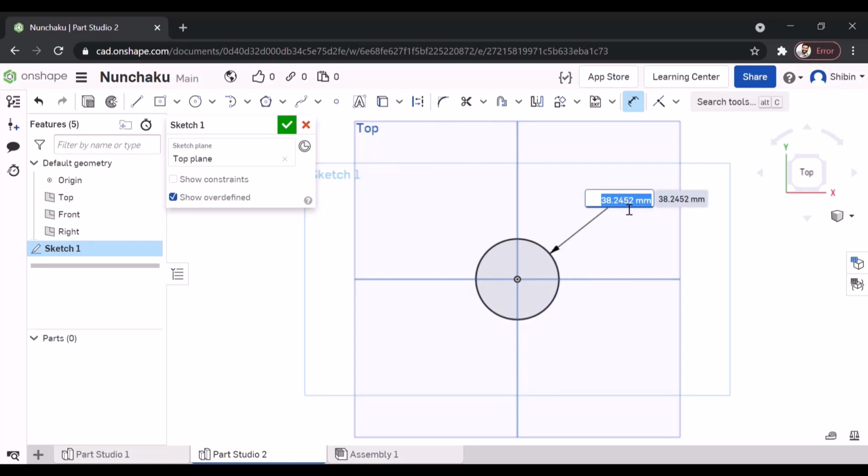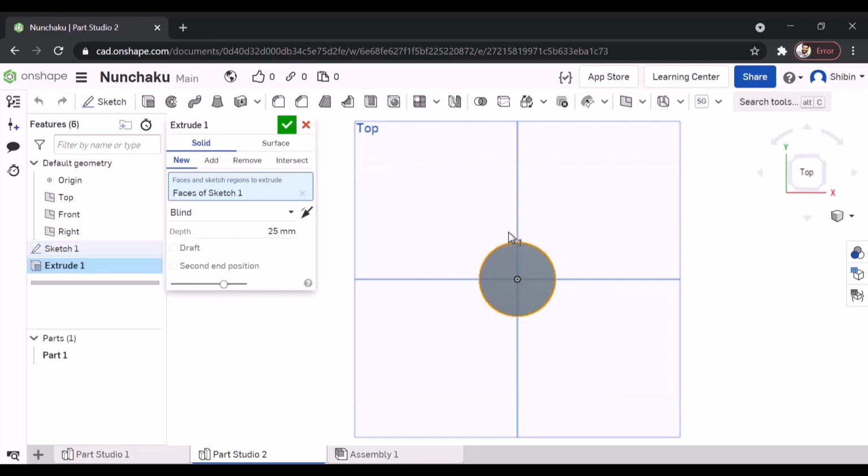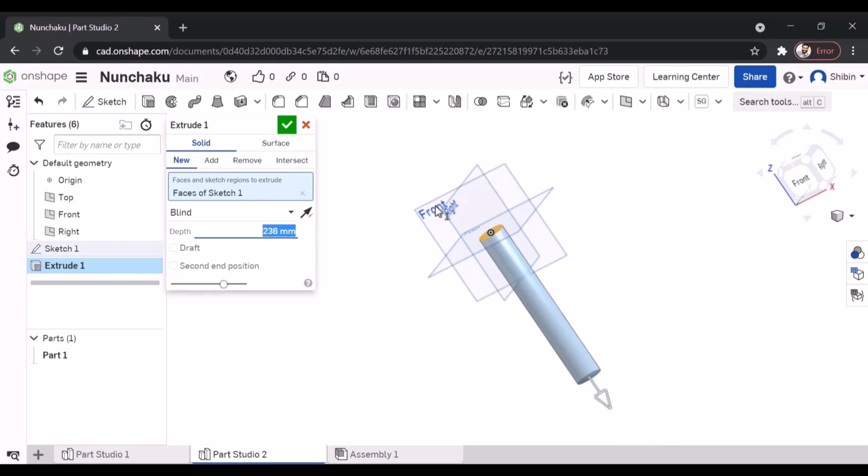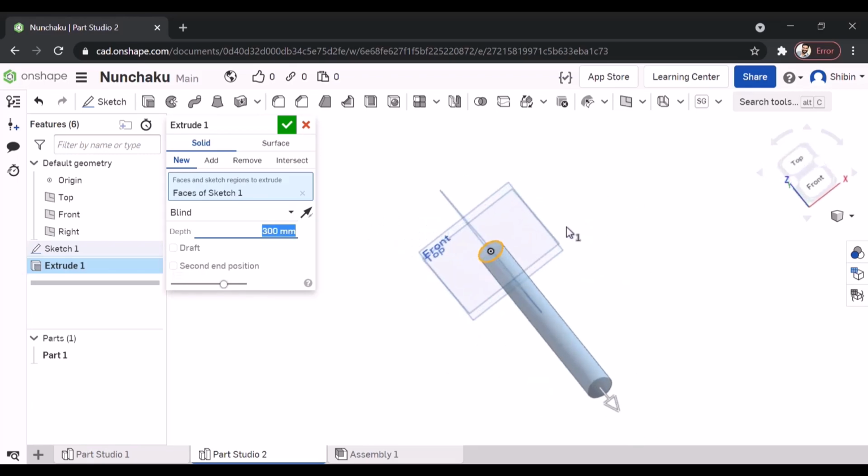I think I'll go for 35. That's 3.5 centimeters. And you can vary the length by dragging or just by entering the depth. So that's 30 centimeters.